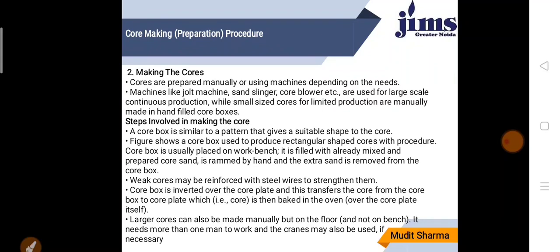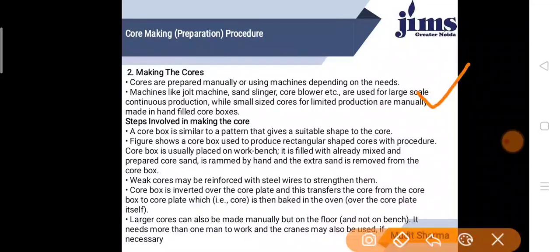The second step is making the core. Cores are prepared manually or using machines like a jolt machine, sand slinger, etc. These are some common steps. You can see the procedure for making the core.